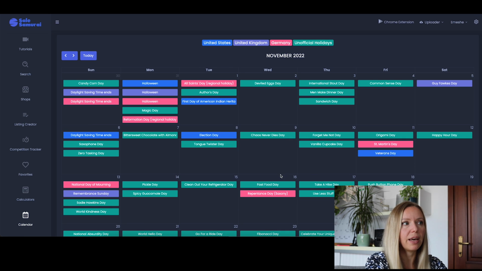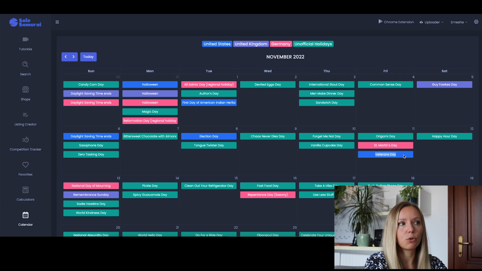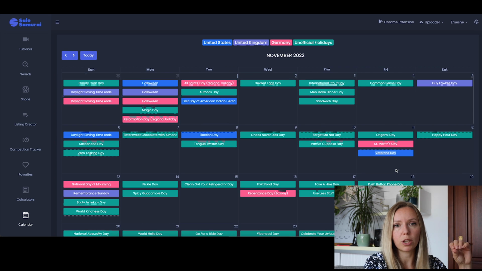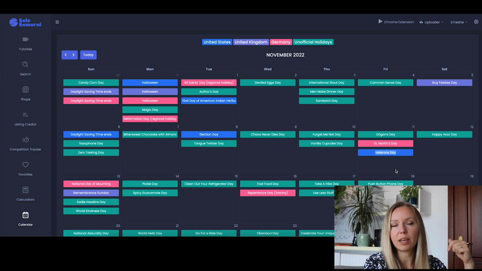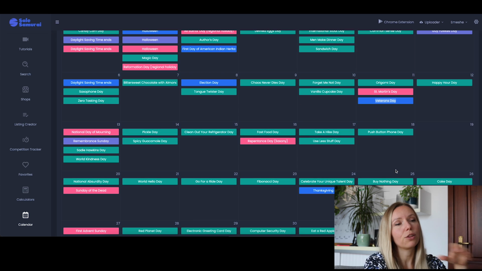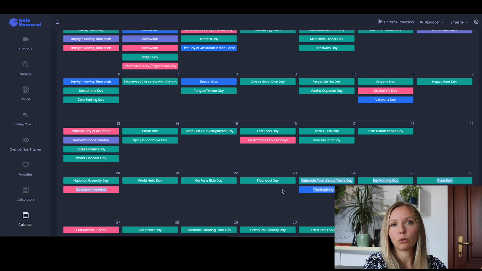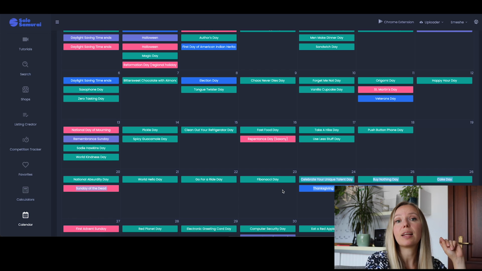In the US, we will have Veterans Day. That could be a good theme for lots of designs, especially I'm thinking SVGs or some printable cards would be good. And of course, in November we also have Thanksgiving, and I also plan to create lots of designs for Thanksgiving. And if you would like to see how I create these items, leave a comment down below, and when I create these designs I will pick up the camera and I will show it to you.